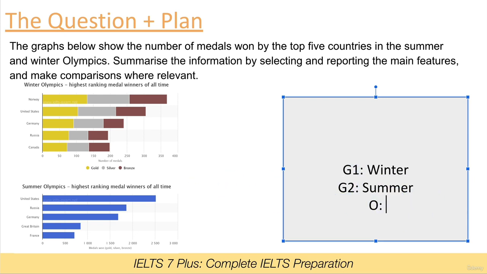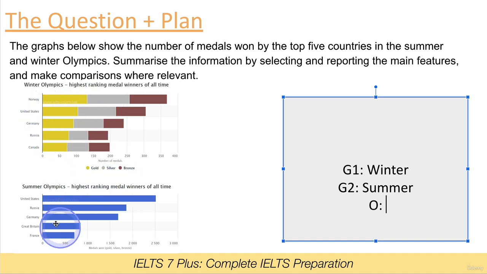And also we're going to jot down our overview. Now, an overview is when we want to make a sweeping statement to summarize generally what's happening. We're not being specific here. So we want to draw upon, it's quite nice in an overview if there's more than one piece of information. It's nice to draw upon both of them. So what's something that we can talk about for both